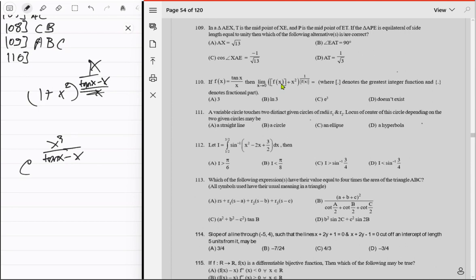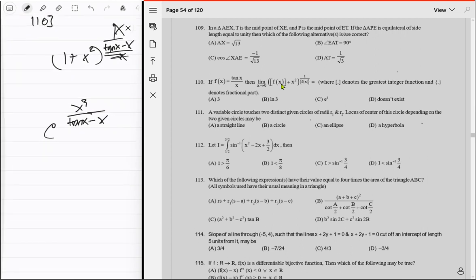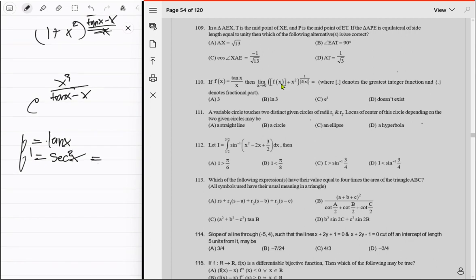Tan x, shoot, I don't remember its Taylor series. Let's create it. So f equal to tan x, f dash is just equal to secant square of x. I mean that's all we need actually. At 0 this is just equal to 1. That will become 0. This is just equal to,